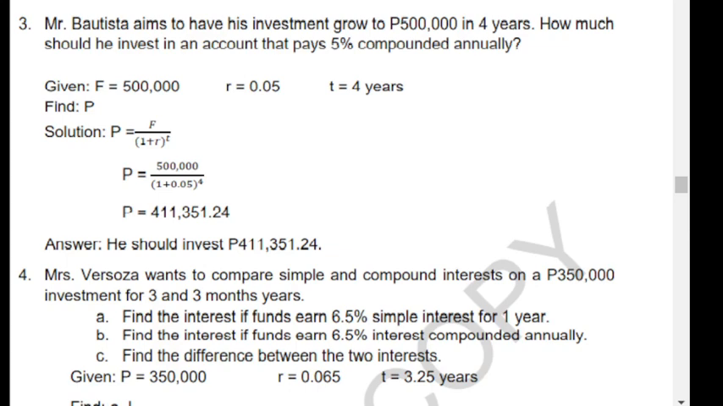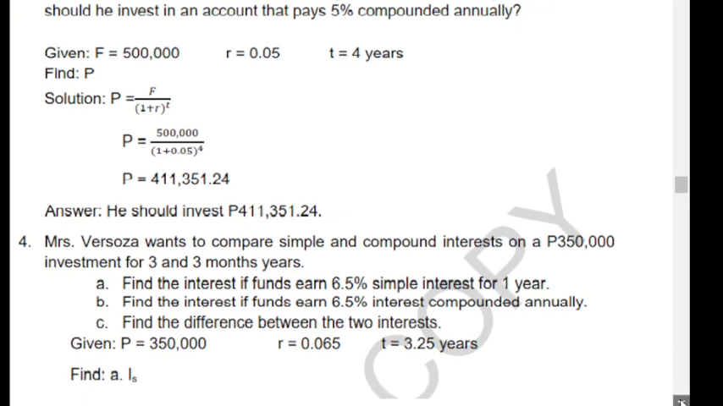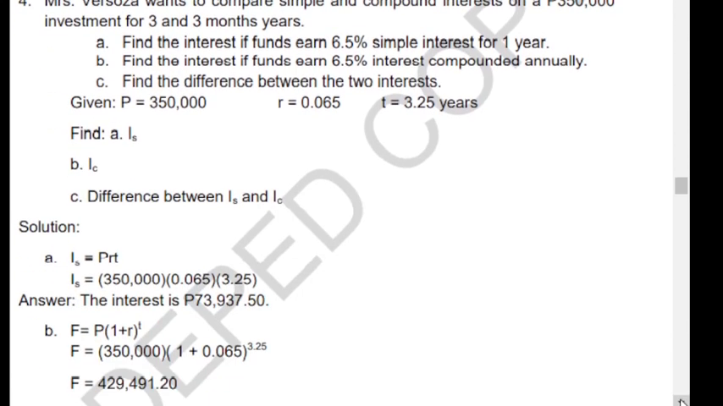So we have 500,000 divided by 1 plus 0.05 exponent 4. So the answer is 411,351.25. So that is what he will invest in order to have 500,000. Okay? And last example, we have